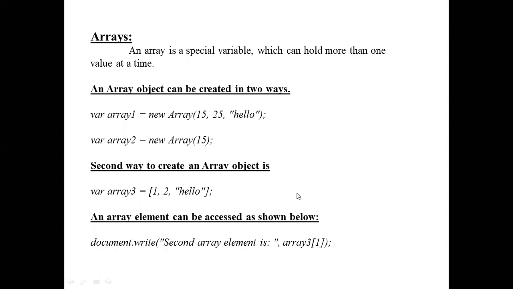Next, the length property of an array. Here var array1 = new Array(15). array1.length is the length property of the array, so array1.length equals 15. That is, the size of the array is 15. The size of the array, that is the length of the array, is found using the length property.